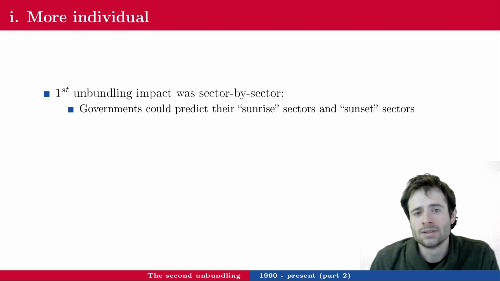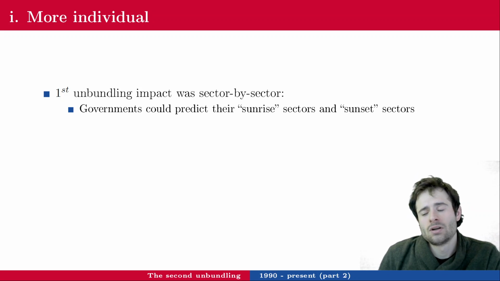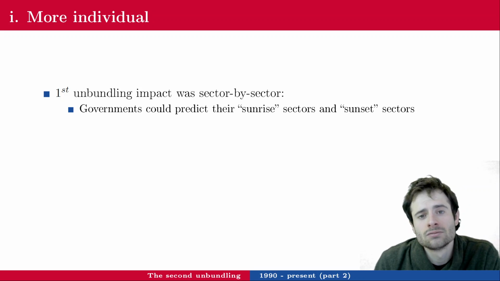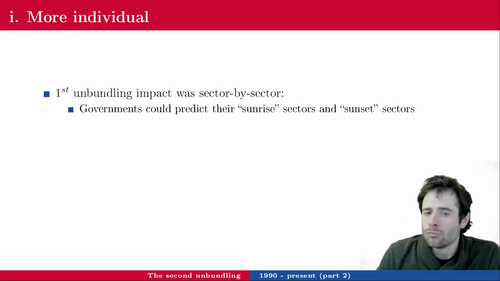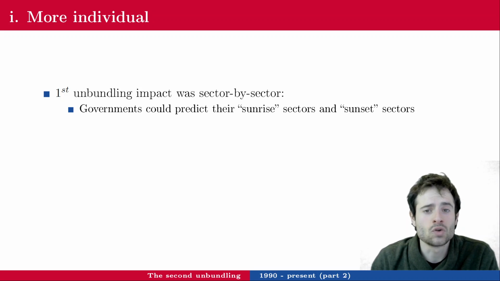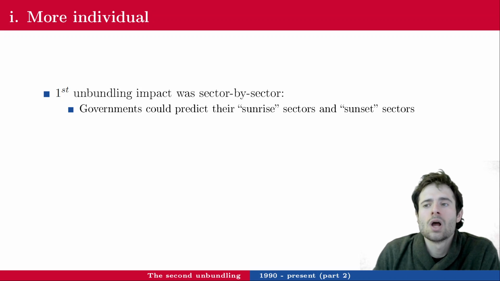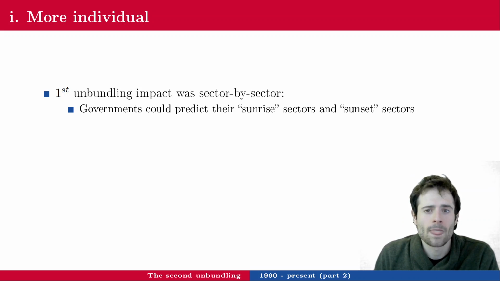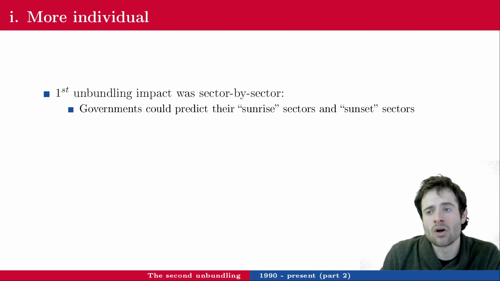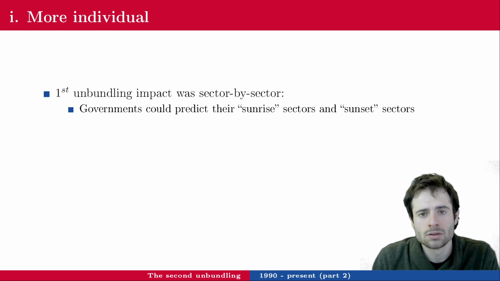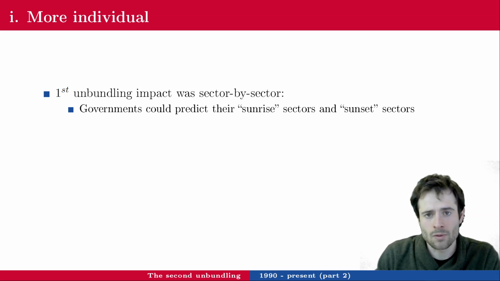So they could see it coming. Looking at their comparative advantage, they could see, oh, this sector soon is going to lose its comparative advantage against another sector. So people in those firms, in those industries are going to lose their jobs and so on. Governments could see it coming and maybe also facilitate the transition towards a sunrise sector. Governments these days, at least in northern countries, in western countries, sometimes propose transition programs for workers who are laid off from one industry and need to find another job.